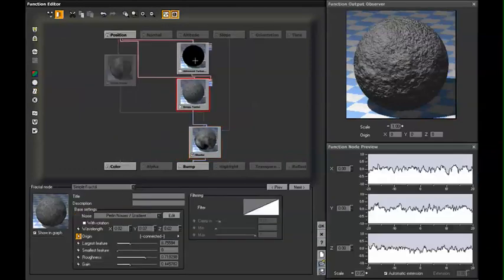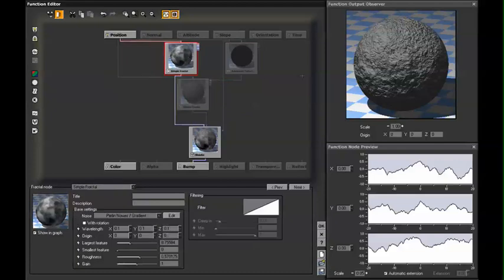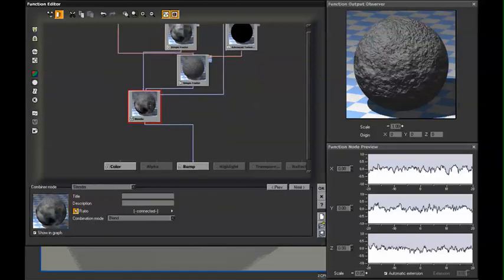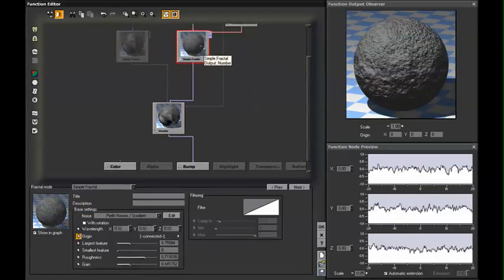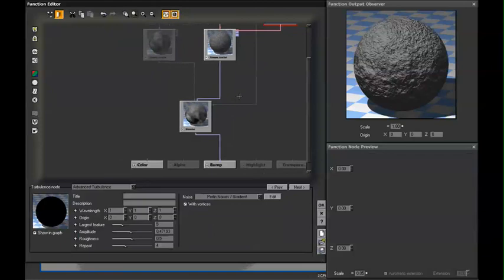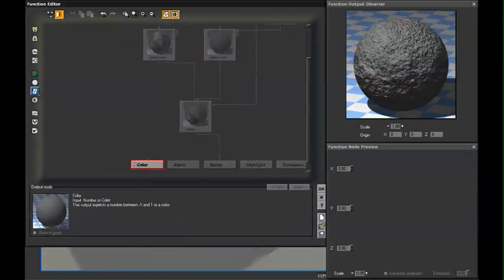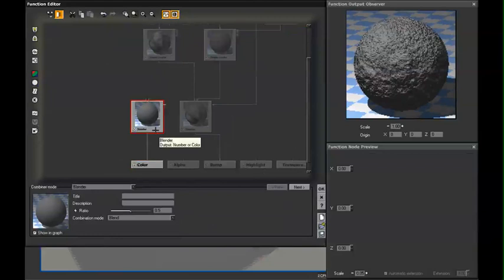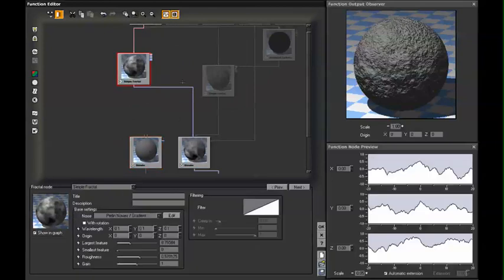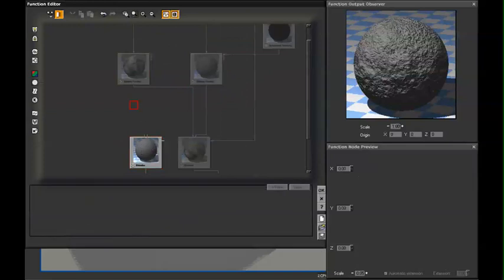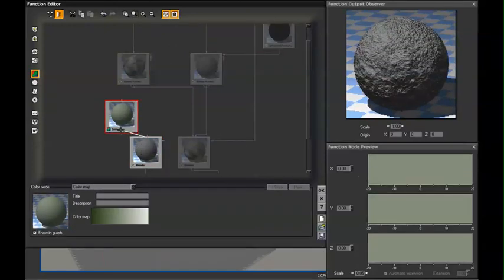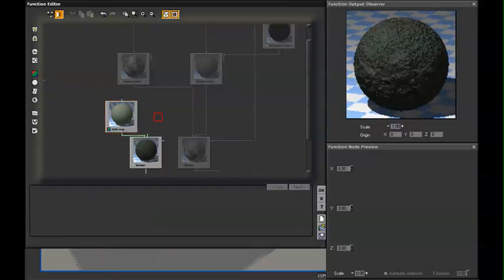And we could even set up a similar function based on color now to replicate what we currently have for the bump. What I could easily do is just move this off to the side, kind of rearrange our nodes a little. We're going to go to our color. First add in a combiner, because we want to be using multiple colors for this to match in with each of our simple fractals that we have set up. And we're going to add in 2 color maps, selecting our color output